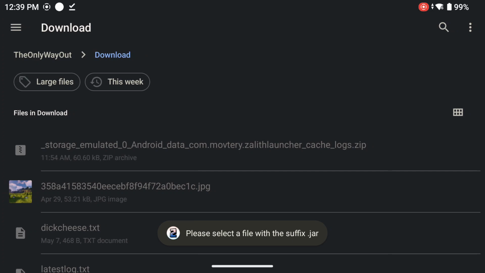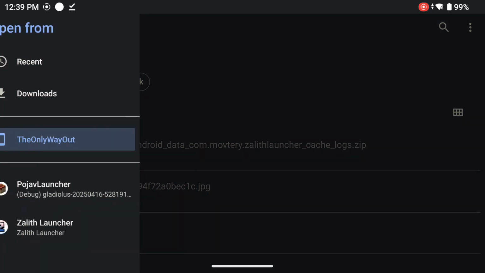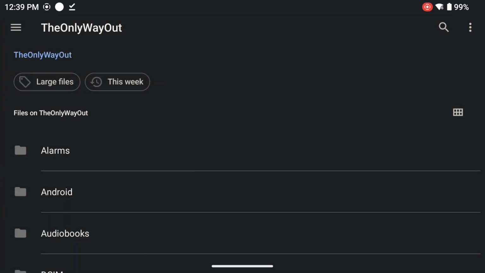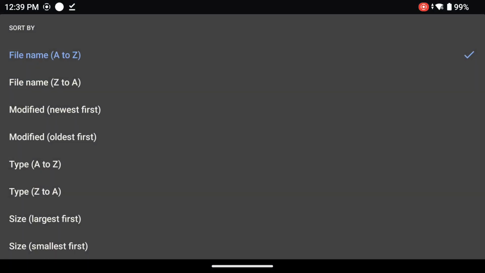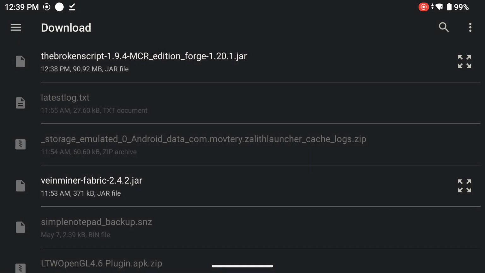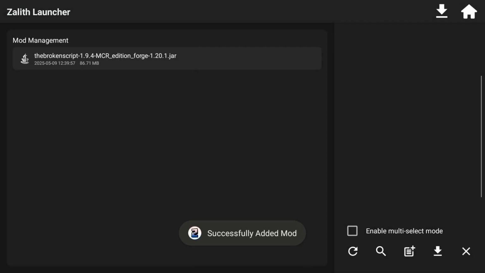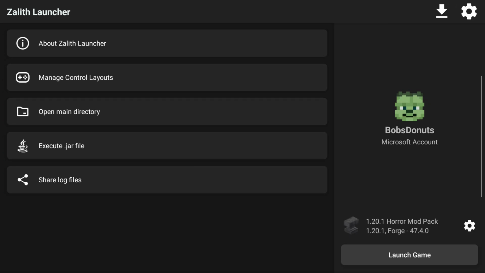Now we're going to be inside of our folders. Click on the three lines, click on your device name, go down to your downloads, click on the three dots, click on sort by modified newest first so you can see your Broken Script mod right here. Now that that has been copied, which is basically what it's doing, we can click on home